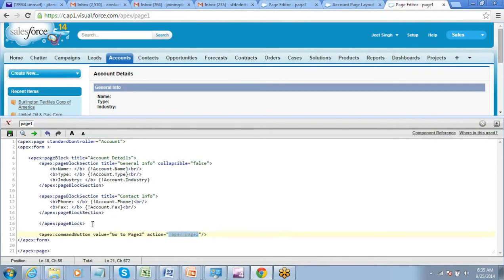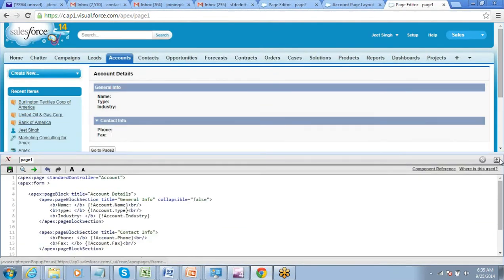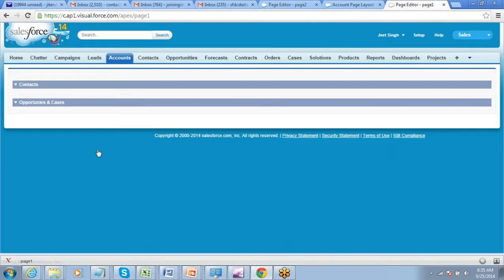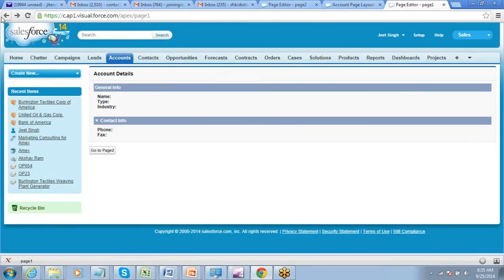So this will take you there to page 2. If you write /epic/page name, this button can also take you to page 2. Got this? So these kinds of things can also be done. So that is another option of doing the same thing.